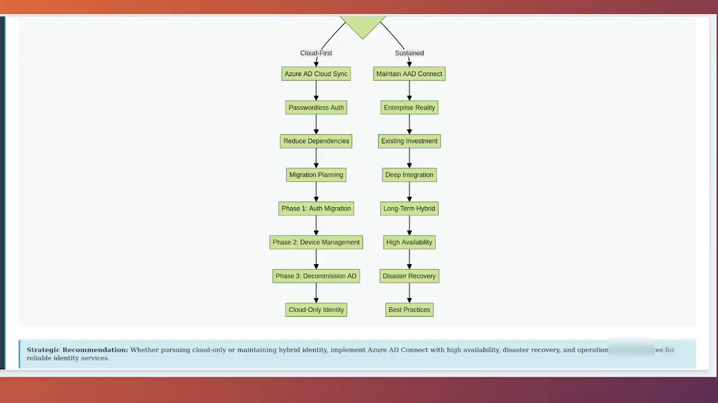Many large enterprises have invested substantially in Active Directory and have deep integration with numerous systems. Complete migration may be technically possible but economically unjustifiable compared to maintaining hybrid infrastructure. For these organizations, Azure AD Connect will remain a critical component connecting on-premises and cloud identity systems. Investments in robust Azure AD Connect deployment with high availability, disaster recovery, and proper operational processes provide value over extended